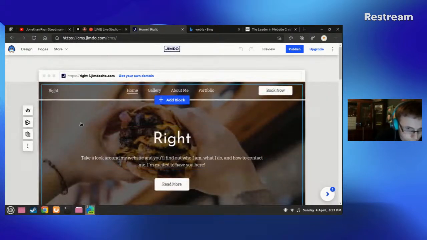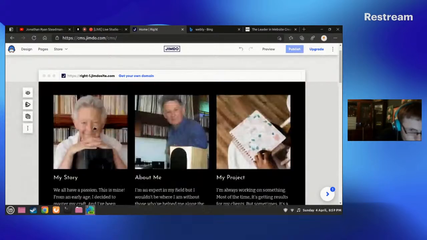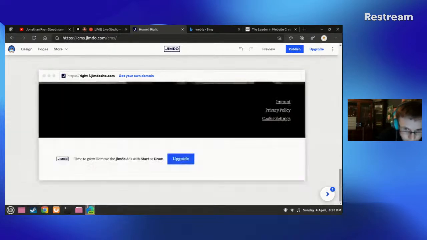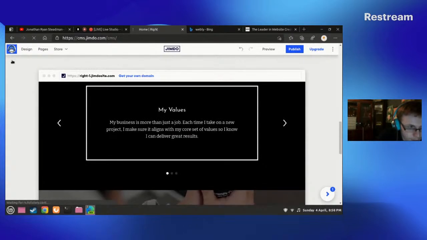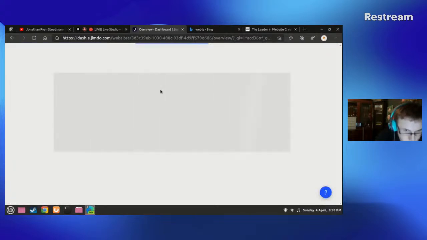Okay, so we're on the home page, right? What we want to do is, so this is how our website will look, basically. But this is great to start out, but we don't want to have that just yet. We want to do it manually. So to do that, we will need to come here,